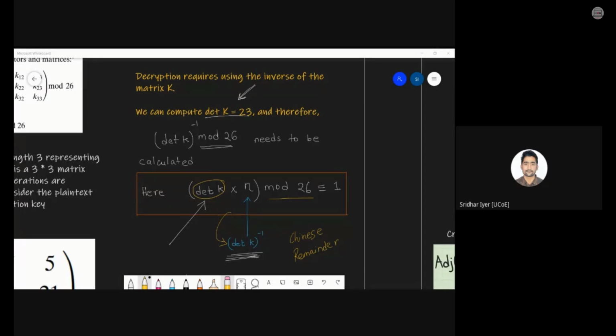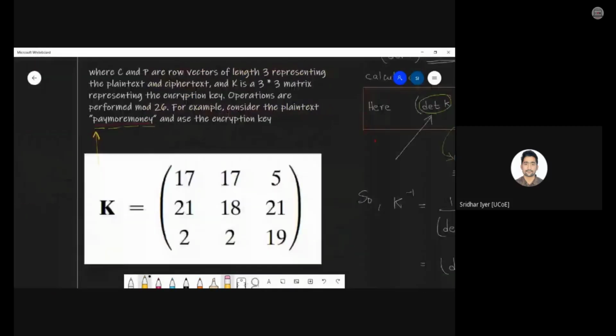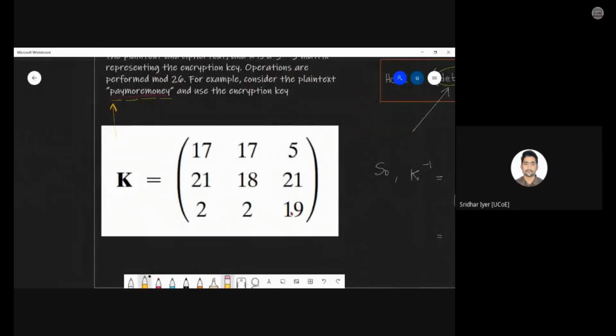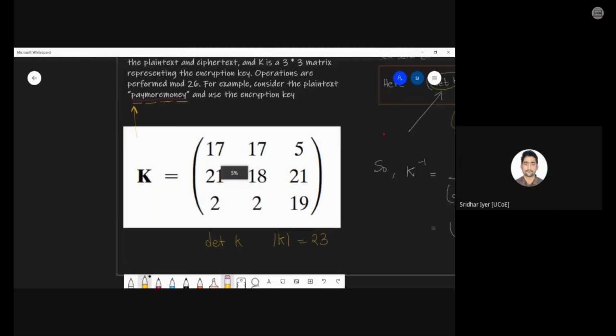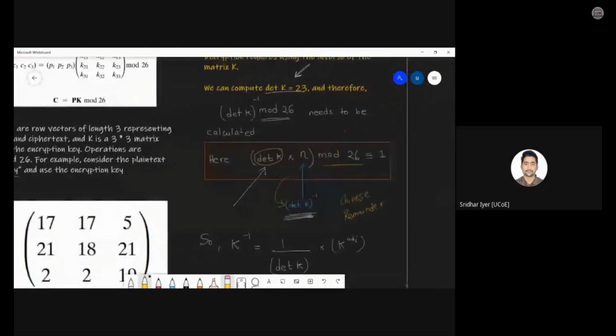Jimit, we are already doing it with an example only, na? We are just carrying it forward. The same example only we are carrying forward. Determinant of K is nothing but we got 23 using that K matrix only. This is your K matrix. We got the determinant of this K as 23. Am I clear? If you want to write it like this, that is also fine. 23. Simple. So that is what we are carrying forward over here.